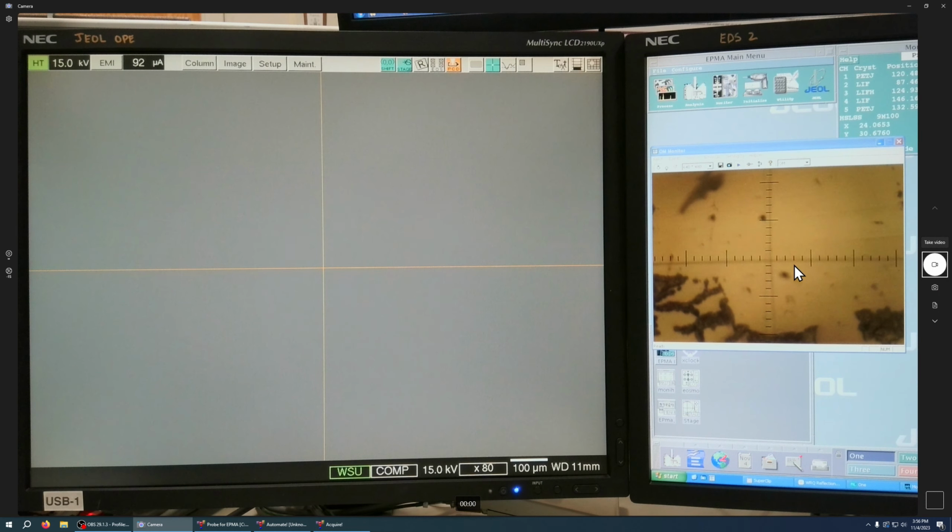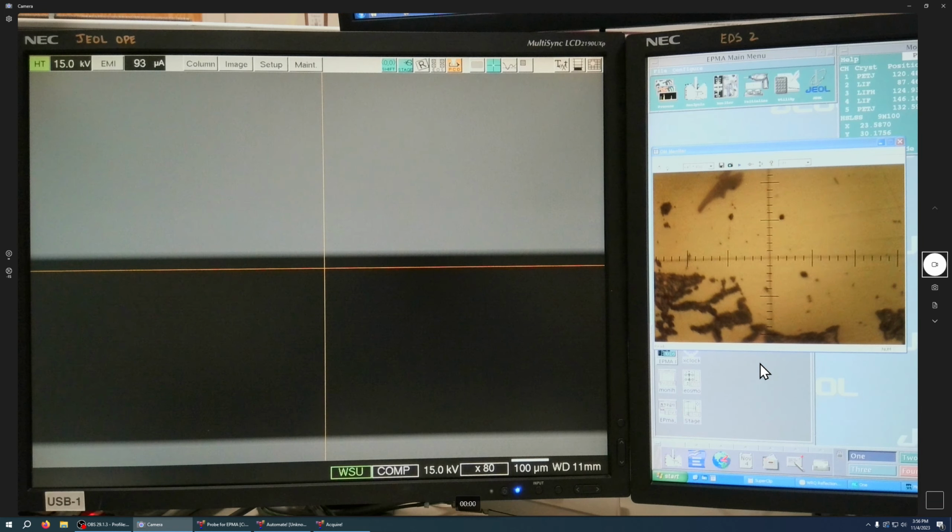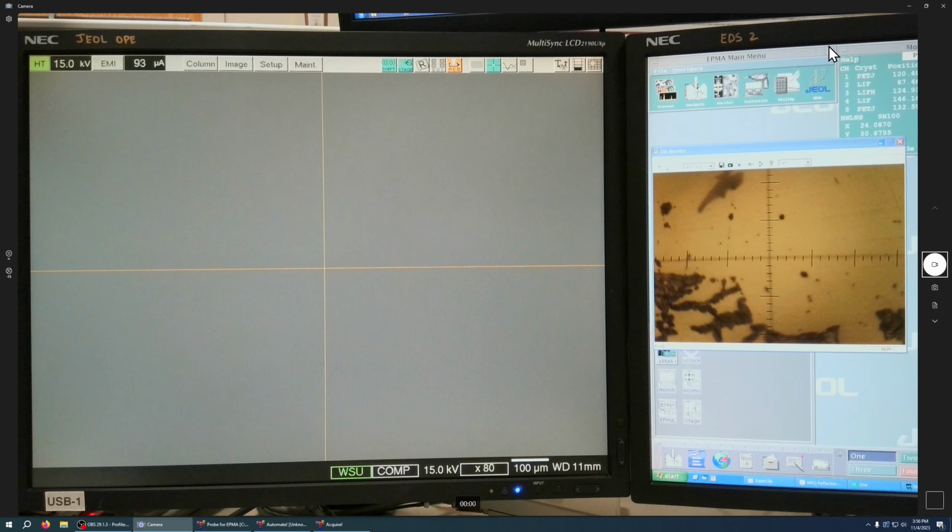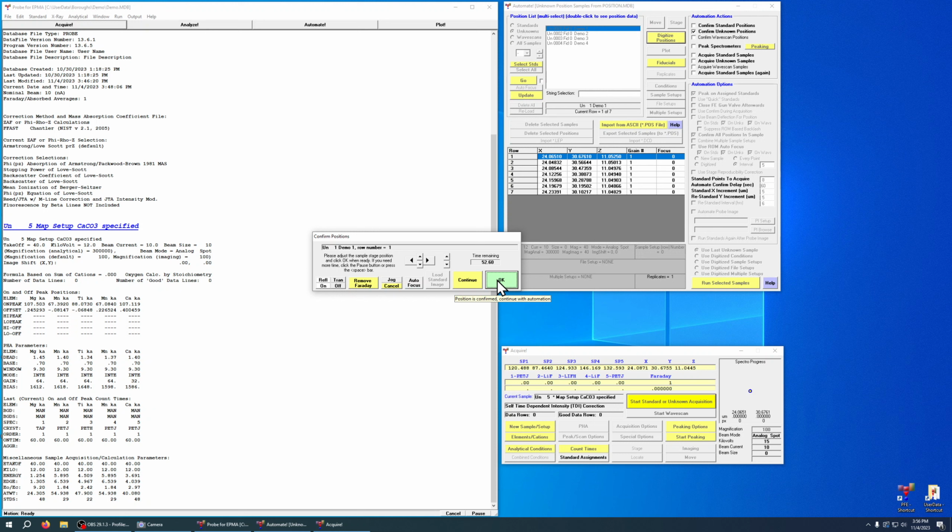And now you can see that my point is not quite in focus here, so I'm going to focus it up, get it how I like it. Maybe I want to move it. It's on a dust bunny or a crack or something. I move it a little bit, get it where I want it, backlash it, and that's where I want to analyze. So now I can come back to PFE, and as soon as I hit OK, it's going to update